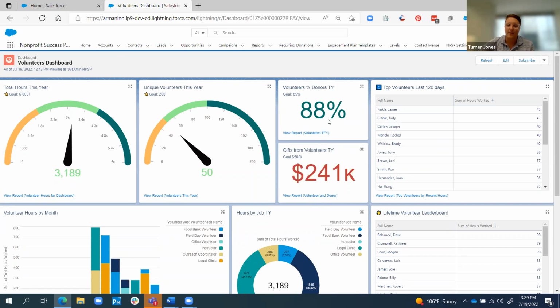So with this, I've got some metrics up here that are gifts from people who volunteered this year, like what's our total and what's our percentage. Those are great KPIs that you can easily measure with Salesforce, as well as total hours that volunteers have volunteered this year, and how many unique volunteers you've had.